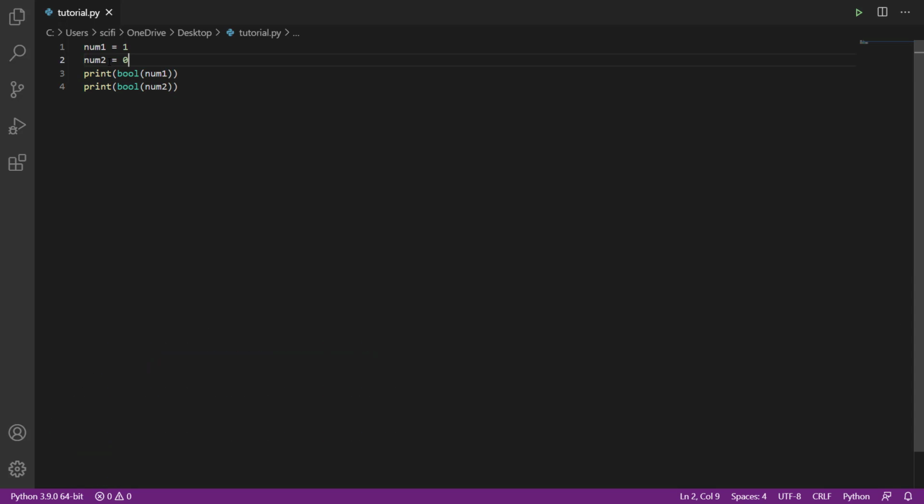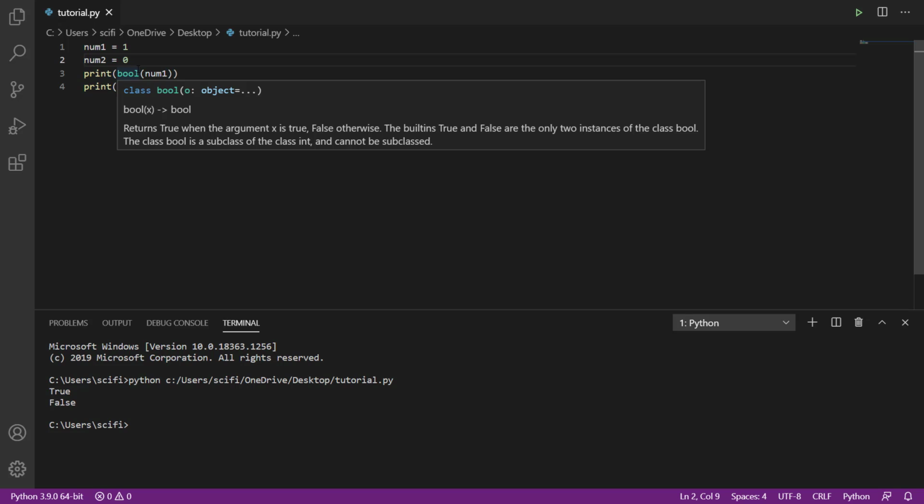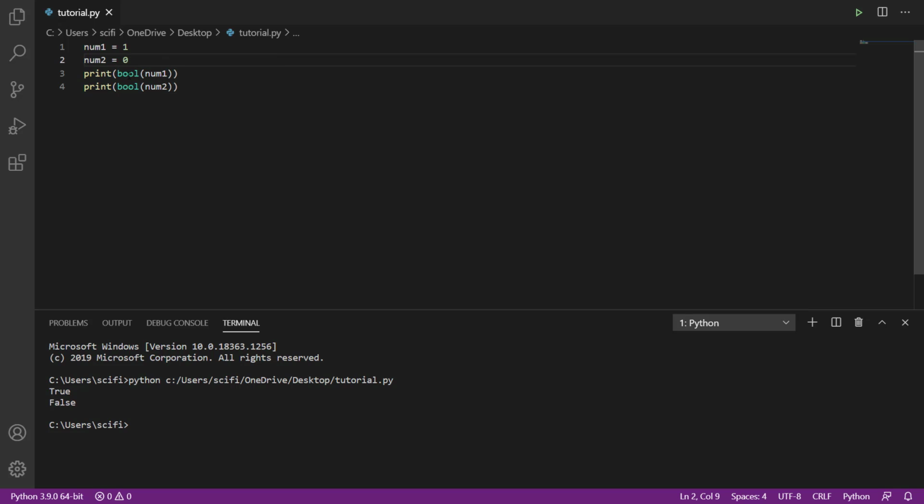And here I have just changed the value of num2 to 0 and then run the same program, and you can see it gives false. So only 0 as integer will be converted to false in Boolean, and every other integer, if used in type conversion or typecasting, will return